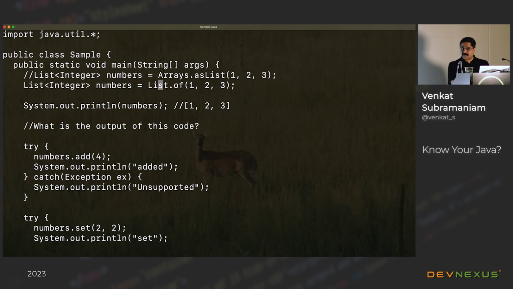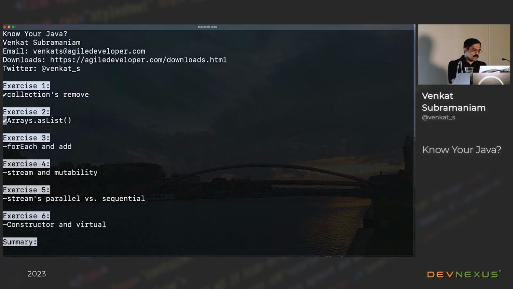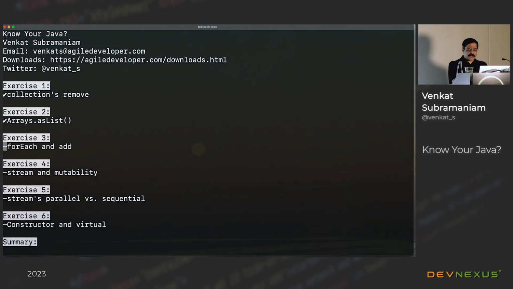List of was introduced, of course, in Java 9, so if you are beyond Java 9, you should be able to make use of it readily and right away, so that is something I would highly recommend that we do compared to using as list. So I'm hoping that eventually maybe as list may be deprecated so we can move towards something much better in the long run. All right, so far so good.